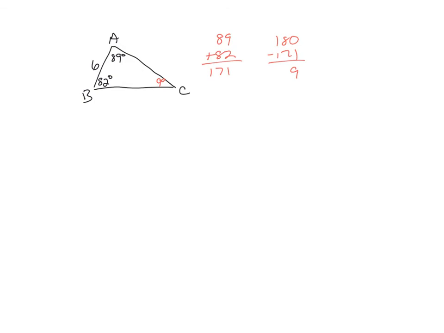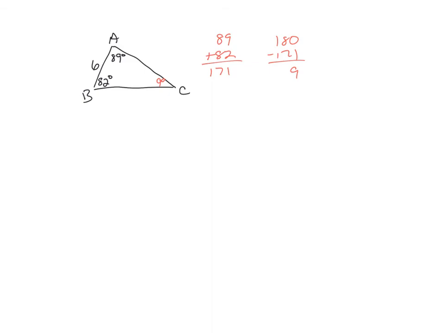So if you know two angles, before you even try to figure out is this law of sine or law of cosine or whatever, figure out the third angle. That's always going to be a good choice. Okay, so now I do have an angle, 9 degrees,